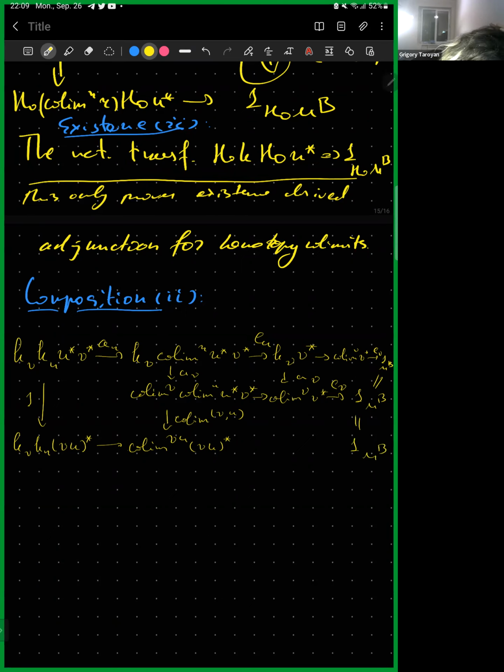So E something is a counit of the adjunction, colimit something, something upper star. And we repeatedly use this adjunction to obtain this large commutative diagram to see that